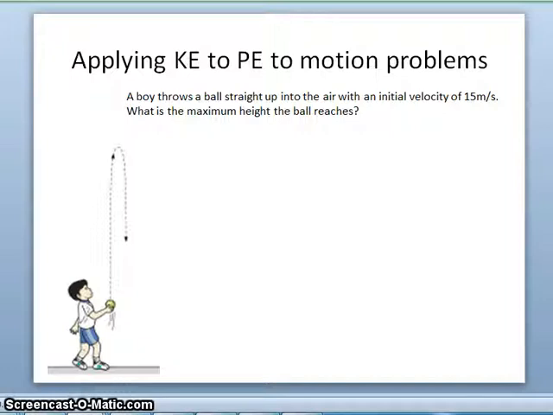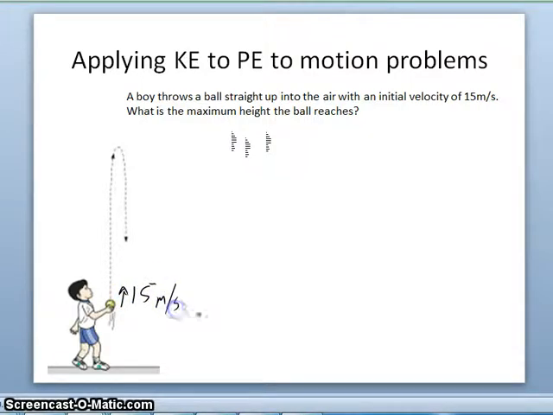So let's look at a problem we had before that was actually relatively complicated and how we can make it simple using energy considerations. A boy throws a ball straight up into the air with an initial velocity of 15 meters per second, and I want to know what the maximum height is that the ball reaches. Alright, so when we think about this problem, we'll think that the ball at the beginning has an initial velocity